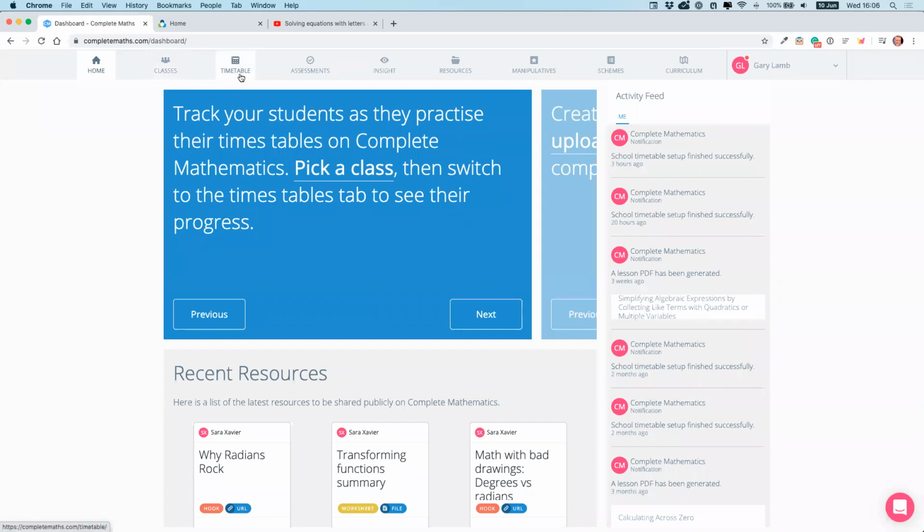Probably a sensible place would be to jump in and look at my timetable. That's normally where I would go when I was sitting planning lessons. I would go in and look at my timetable, plan some lessons and do all that kind of stuff. However, before we begin, what do we really need before we can plan a lesson is a